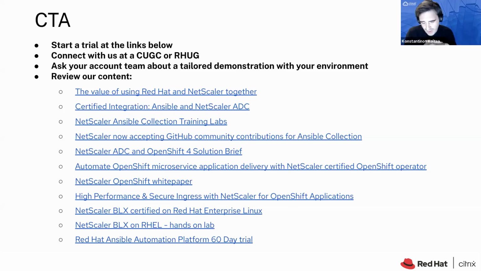Yeah, so the easier answer to that is that you can definitely use the freemium version. All of the things that I have covered today during the demo do not require any license. So you can definitely use, let's say, a bring your own device license from public cloud, or you can download ADC from our portal and test all of these things that I mentioned. So there isn't any need for a license to use NetScaler with Ansible. All of these things are supported 100% with a freemium license.